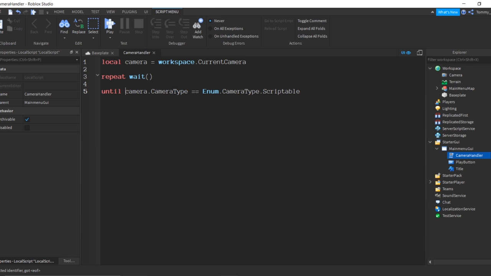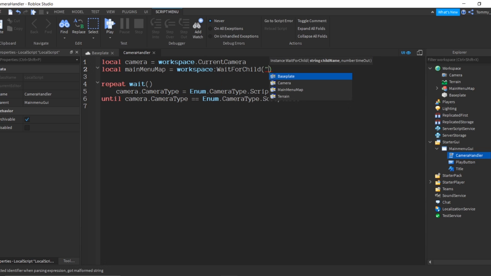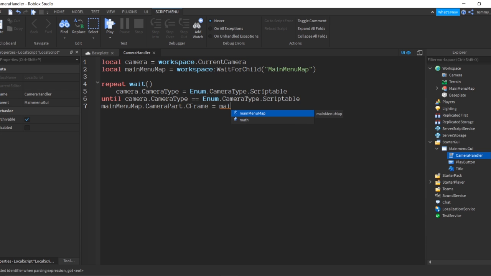We could just copy this and paste it here, but just remove that, and then bam. And then we can do a camera, or we actually need the main menu map, so we could do local main menu map is equal to workspace wait for child main menu map, and then we can do main menu map dot camera part CFrame is equal to main menu map dot camera, or I should say camera.CFrame is equal to the main menu map the camera.CFrame, or camera